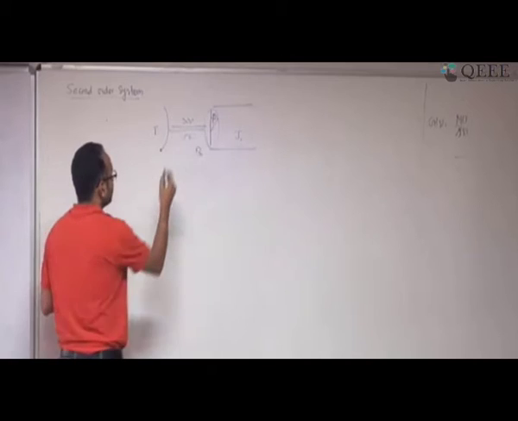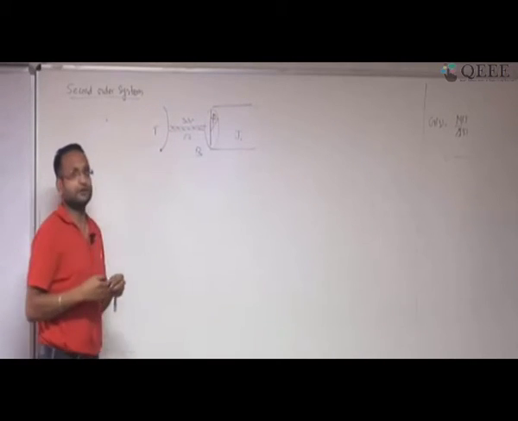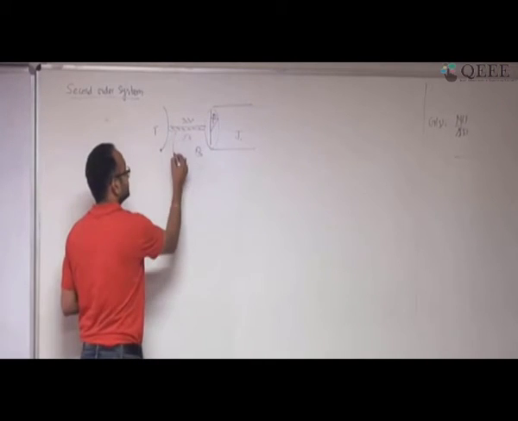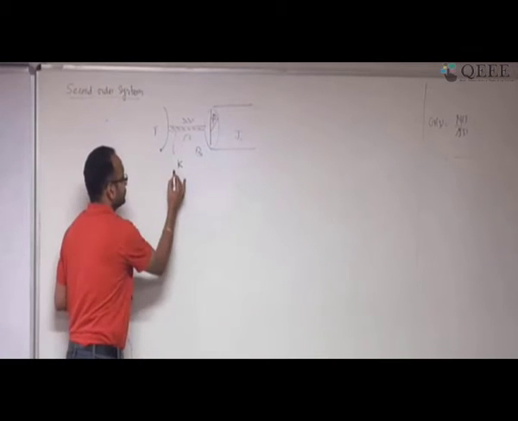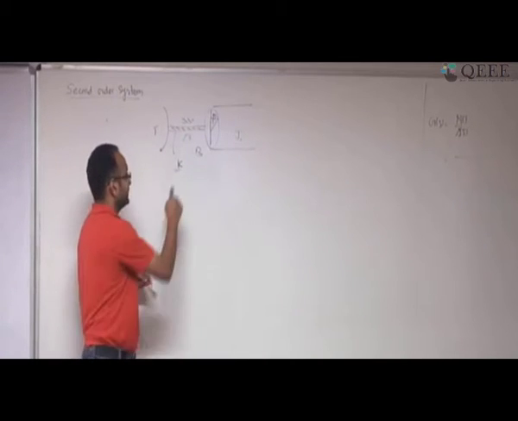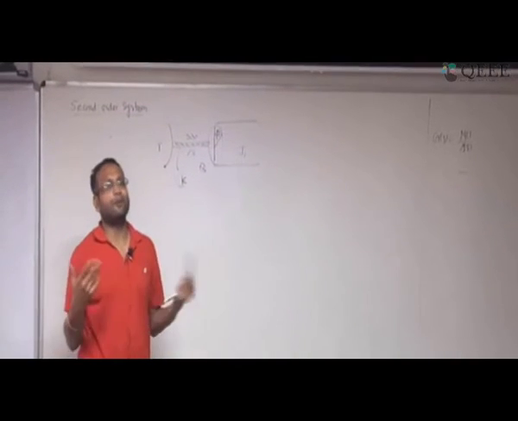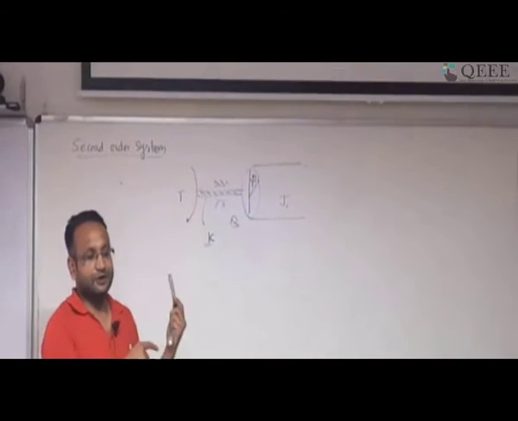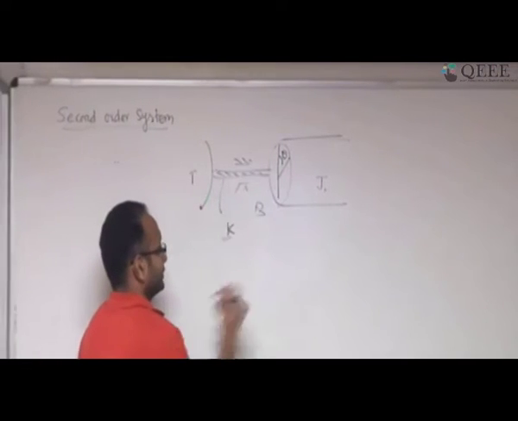Now, one more thing. I am assuming that my shaft is not rigid. Shaft not being rigid means it has a spring constant that I am representing by some k. Please don't confuse this k with the previous k which I talked about, because this spring constant is popularly known as k, so I am using this term k. Okay, and in a first order system, the k is the system gain, so don't get confused. This k is a spring constant.